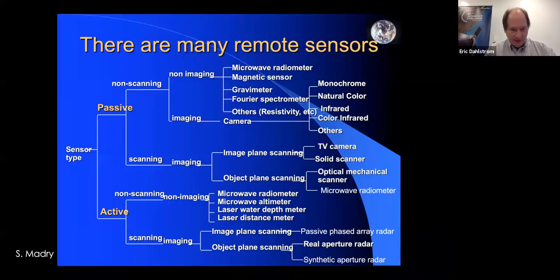And from my friend Scott Madre, this is a big category of all these different types of remote sensing, passive and active systems. A lot of them are the main uses of imaging cameras and things like that. But there are other rather interesting magnetic sensors and